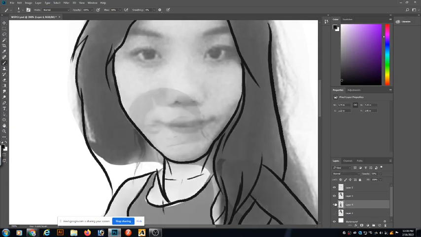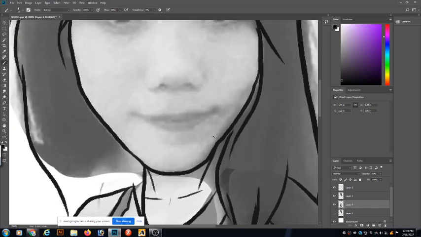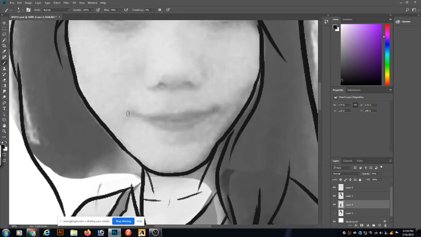So if this head is going to be a distraction for me, I can delete it. I'm not going to use it. Right now, what this student made a mistake on is that she tried to draw someone else. She wanted to draw herself into a cartoon version, but ended up not looking like her.